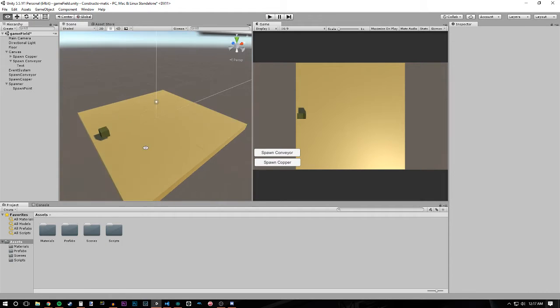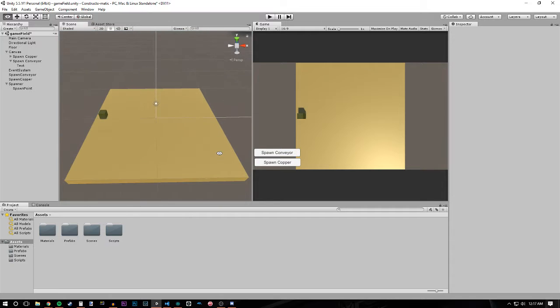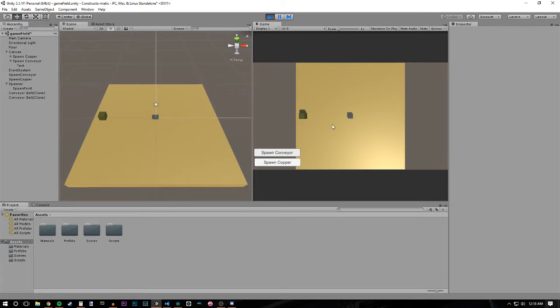So yeah, what I have plans for in the future. This is part 1, and hopefully there's going to be a part 2 with some big progress of figuring out some stuff. Oh, I also need to do it so that I can't put stuff on top of other stuff. So I can't put this conveyor belt on top of that. I need to add a